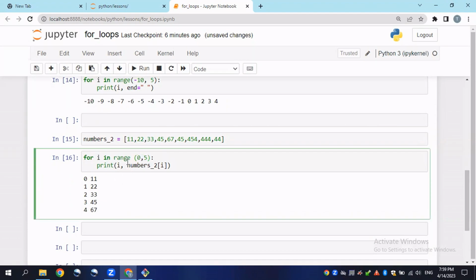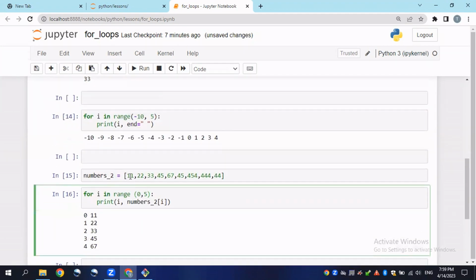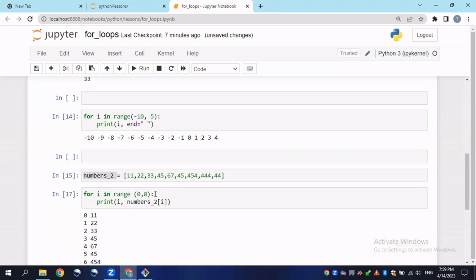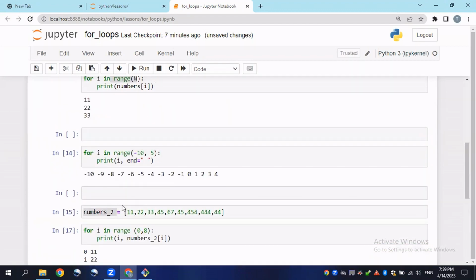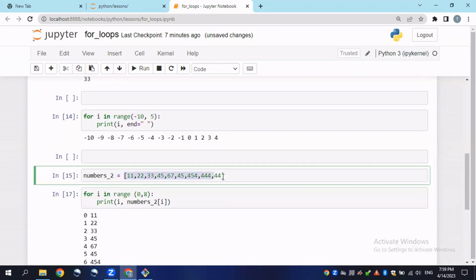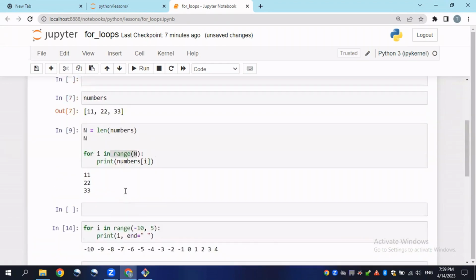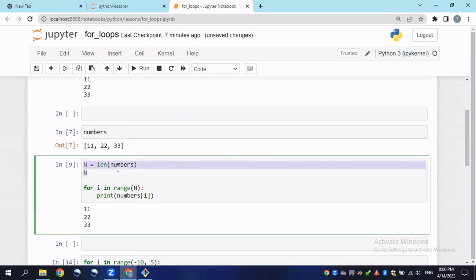But what if I want to print them, as far as I don't know the length of these characters? I can just type anything I want. 8, it will print out 8 elements or 7 elements here. But if I want to use the whole list here, what I will do, I will use this len function